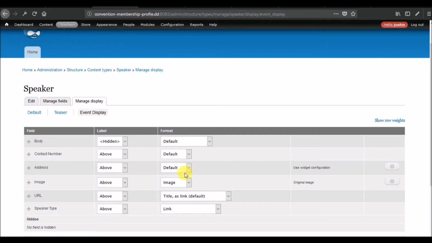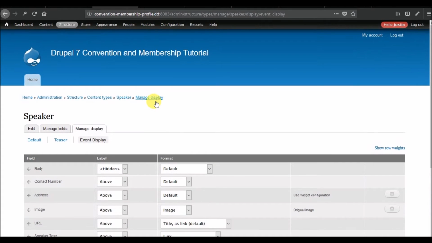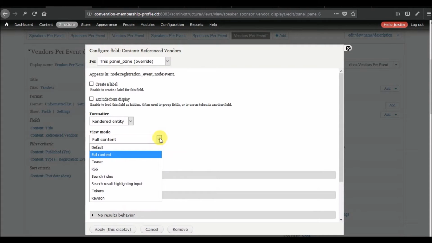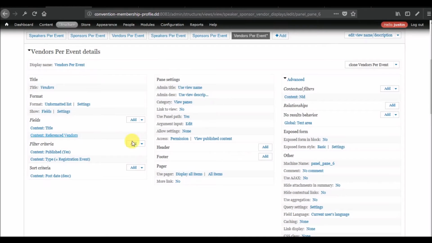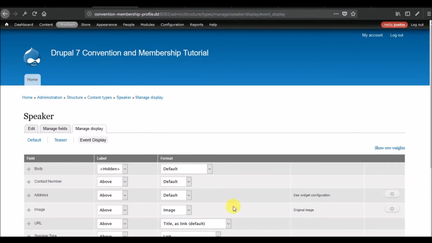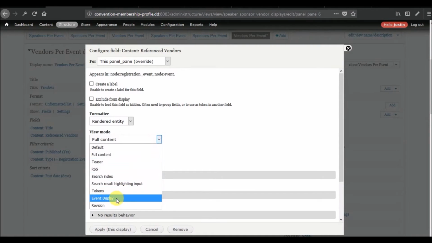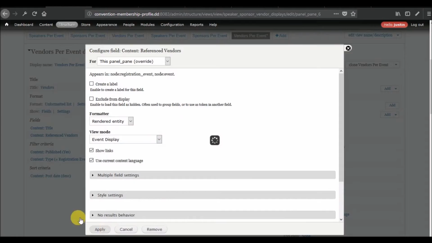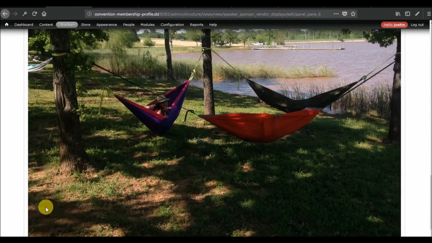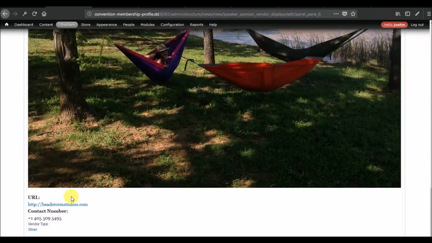So that's where I'm going to leave off here, and that's really what some of the next videos are going to get into, managing the event displays of each content type. So let's pretend I did work here. I got this thing looking the way I wanted it to in terms of placement. I now have a new event display. I can tell it to show it, which in this case is the exact same look, but